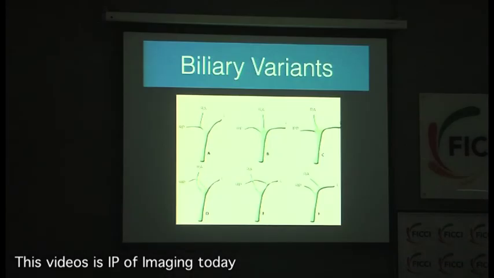Biliary variants are something that surgeons are not very worried about, because the recipient also has multiple bile ducts, and then there is always the jejunum which you can pick up and anastomose to anything. So that is something that they are not very bothered about, but it is always good that they know what they are going to deal with. And generally what I use, there are various classification schemes. It's always good to see where the right posterior duct is draining. So you can tell the surgeon that way, I can see the right posterior duct going here, and so he knows that you have a standardized nomenclature for biliary variations.